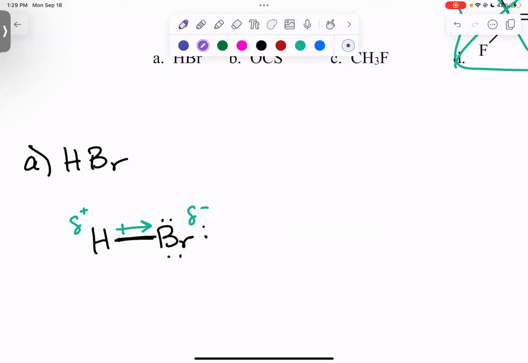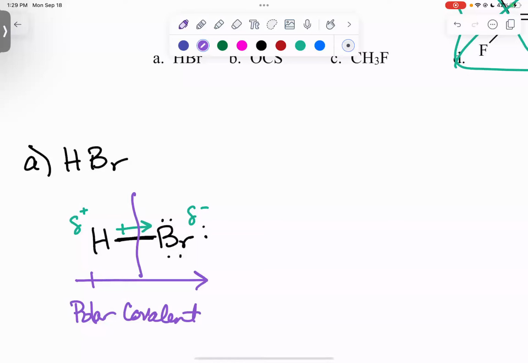And then if I want to give an overall dipole moment, do I have one? Yes, I do. And it is a polar covalent molecule because, even though it's linear, I don't have 2 of the same thing. So this is an asymmetric molecule. If I drew a line here, does the left look like the right? No. So it's asymmetric, which makes it a polar molecule. Okay, B,